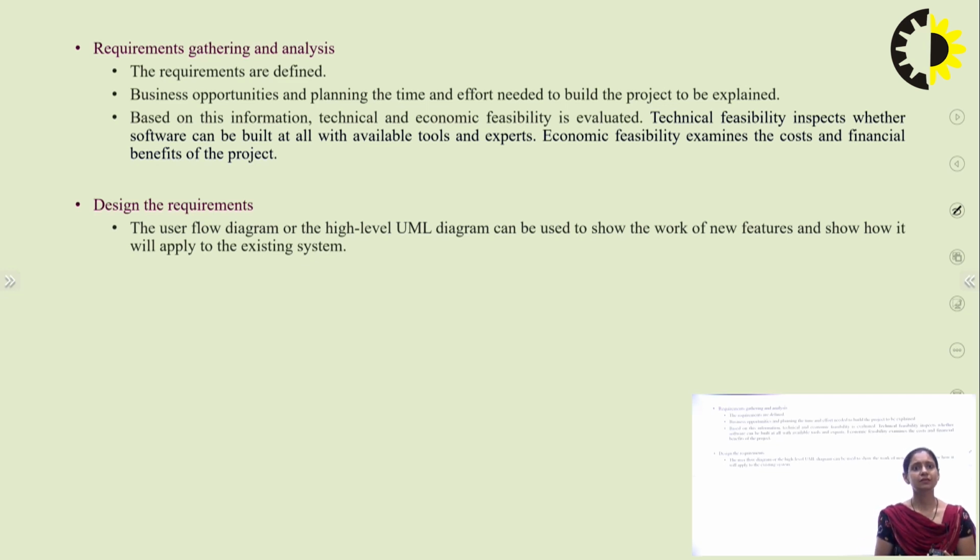So technical feasibility inspects whether the software can be built at all with available tools and experts, and it examines the cost and the financial benefit of the project. Because if the project is of no benefit in the long run, then it is of no use to develop it initially. Then these requirements are designed through different diagrams, like we have discussed about the SDD diagram